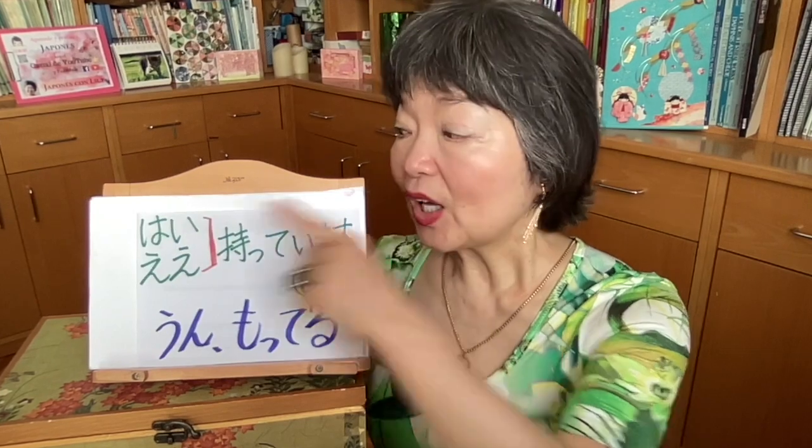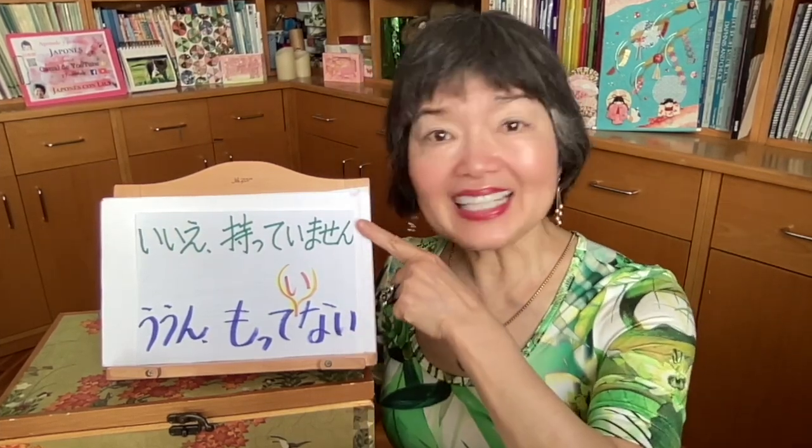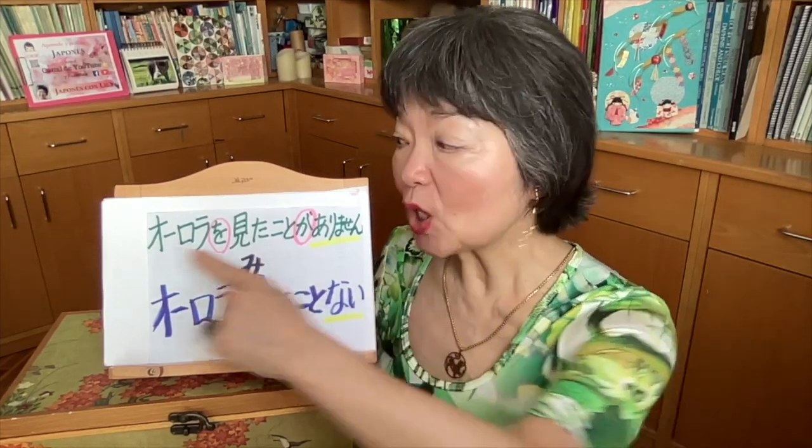Now the answer. Yes, I do. Yes, I have it. 丁寧形。はい、持っています。普通形。持ってる。Now the negative answer. No, I don't have it. 丁寧形。いいえ、持っていません。普通形。持っていない。持ってない。